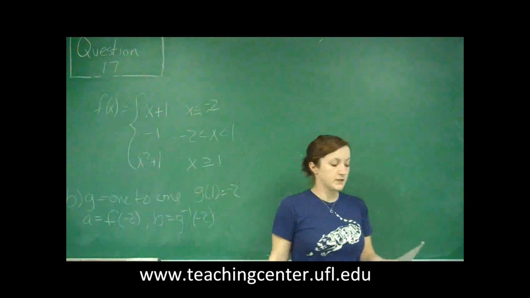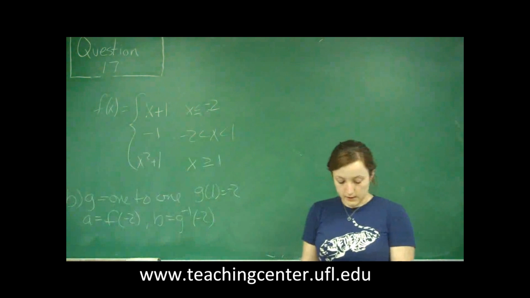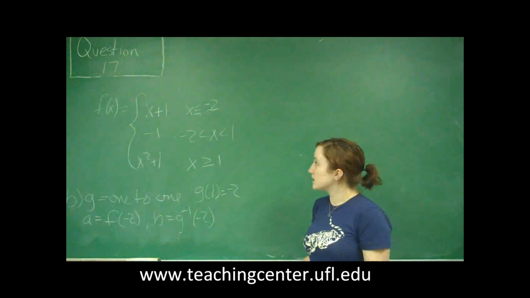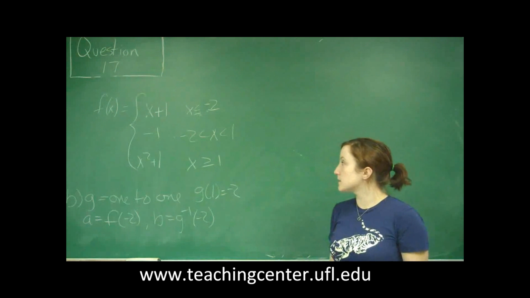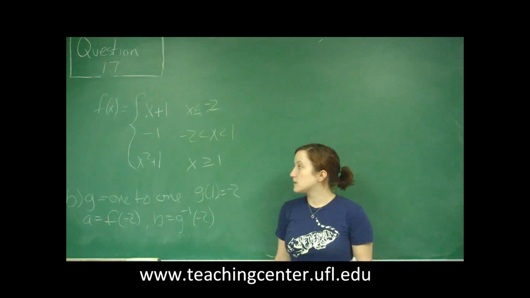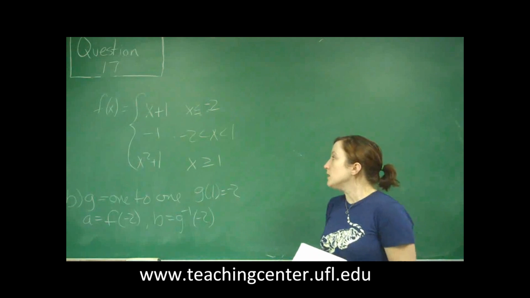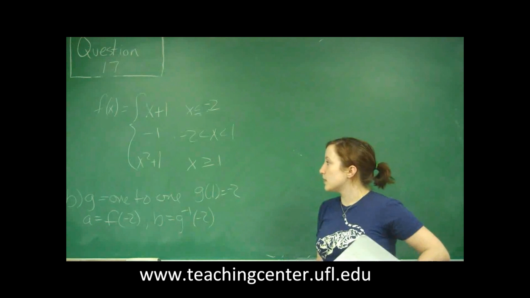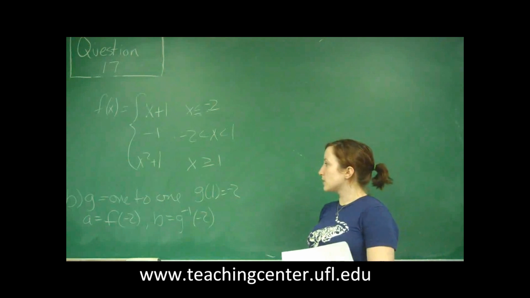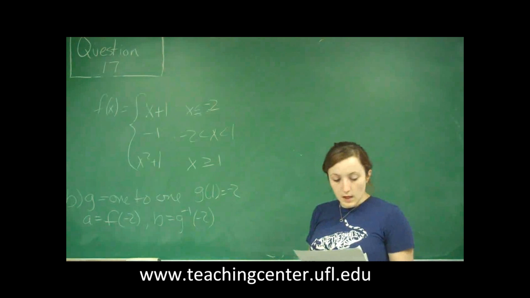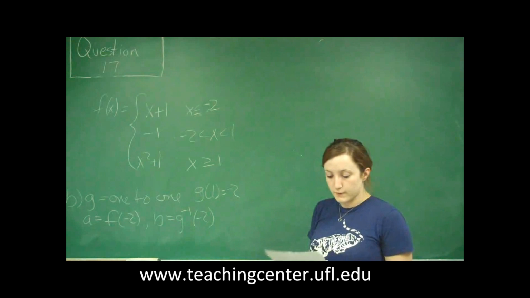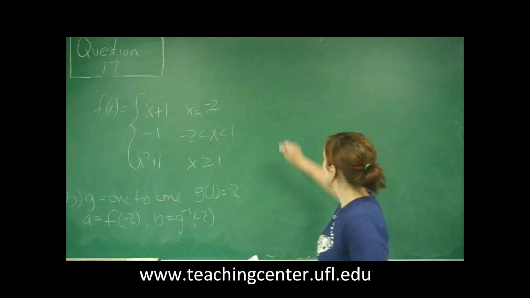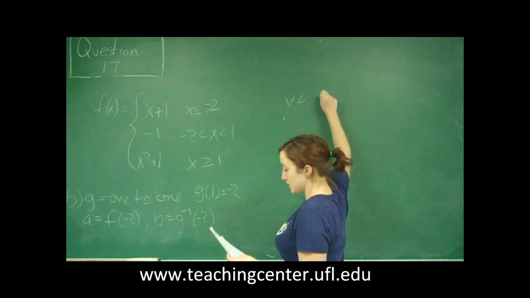This is question number 17, and it gives us a piecewise function such that f of x is equal to x plus 1 when x is less than or equal to negative 2, y is negative 1 when negative 2 is less than x, which is less than 1, and y is equal to x squared plus 2 when x is greater than or equal to 2. And it says, first, to find the x values on which we want y to be less than or